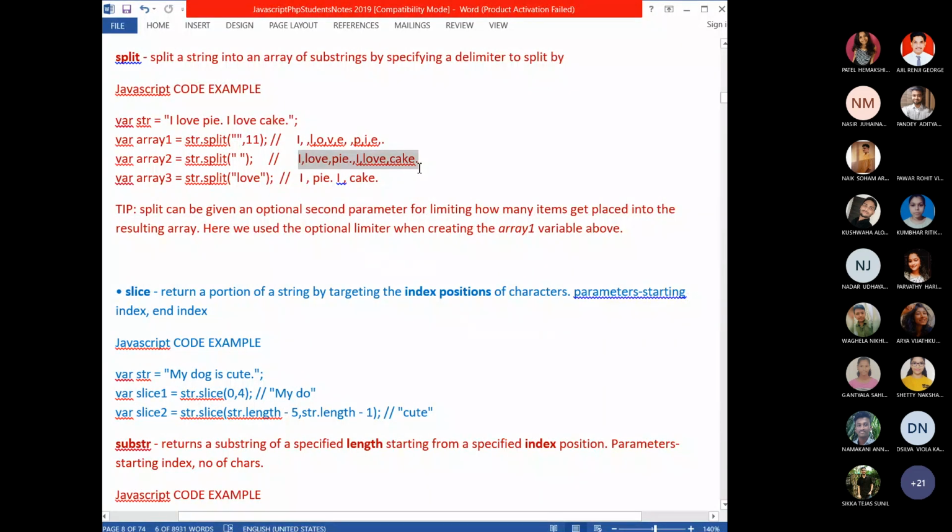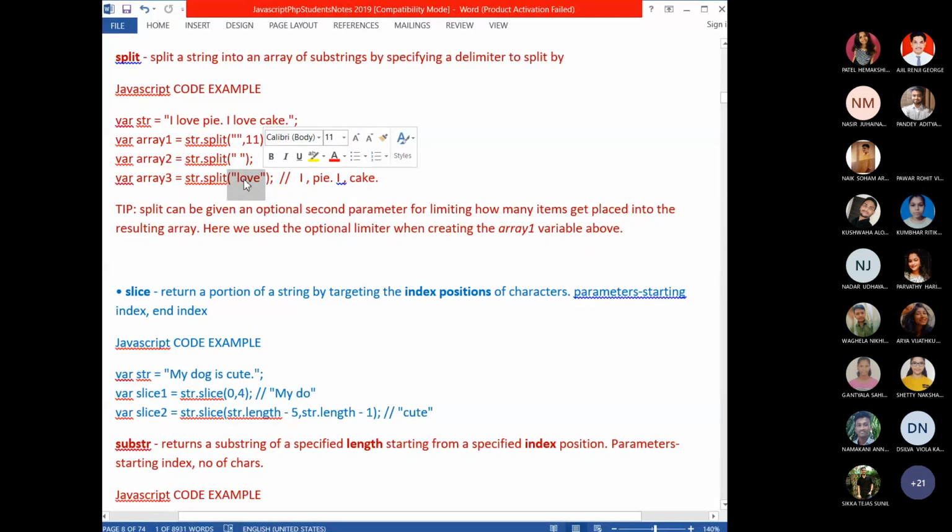Look at here, you are giving the delimiter in another way. Here also only one parameter, the parameter is a delimiter only. But what are you doing within the double quotes in the place of the delimiter? You are giving which word should be excluded from the resultant array. Excluded, not included. Okay. This word should not be included in the resultant array.